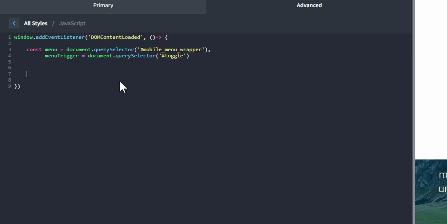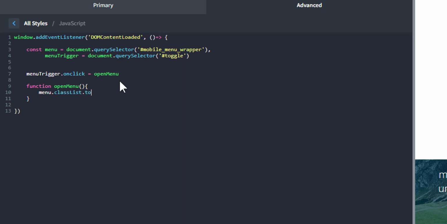And then we're going to write, when we click on the menu trigger, menu trigger dot onclick, we're going to call a function openMenu. So let's create that function. Function openMenu. That function is going to take the menu and toggle a class list.